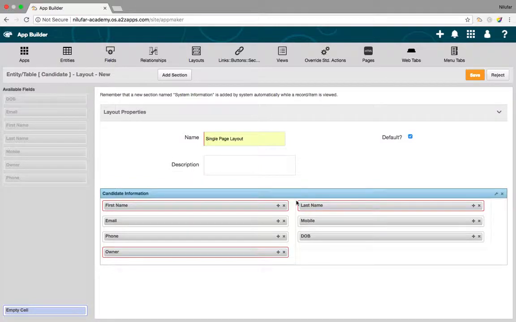And there is one more thing you can do, you can add another section as well. So this is one section. If you want, you can have one more section. Since my table does not have so many fields, I'm good with one section. If your table has a lot of fields and you want to categorize those fields into sections, then you can create more sections as well. All right, so I'm good with this one. So I'm going to save this.